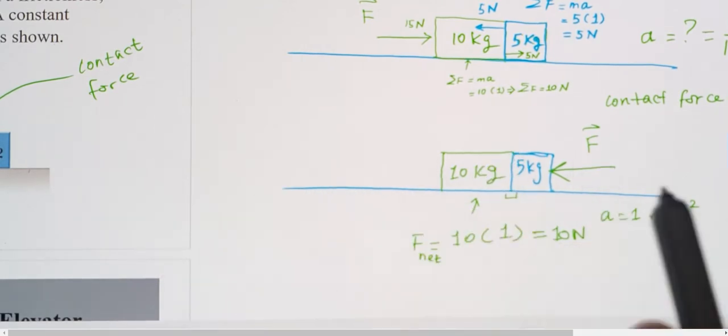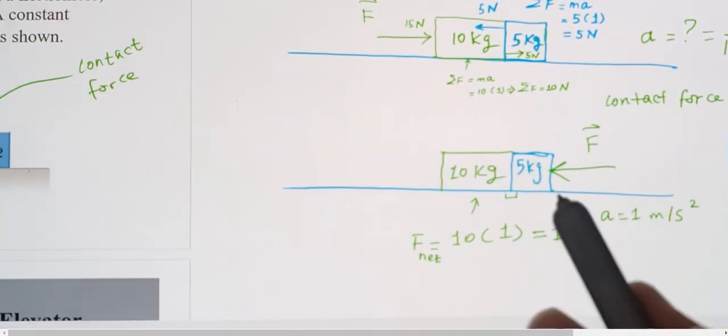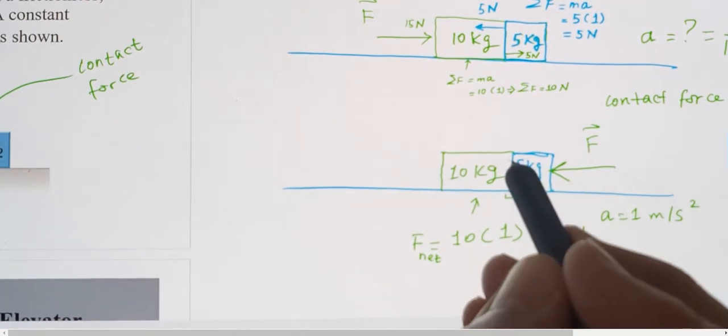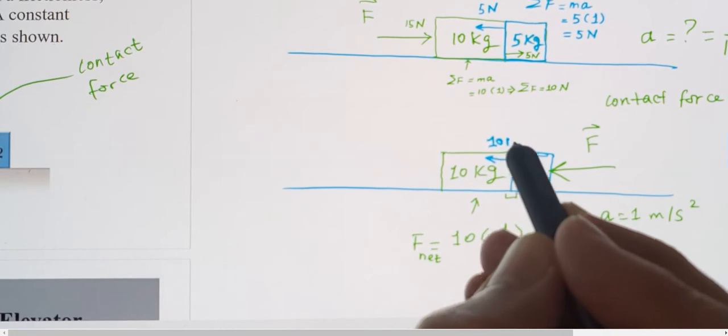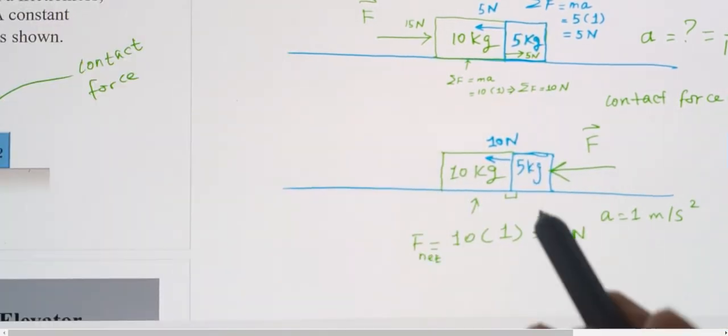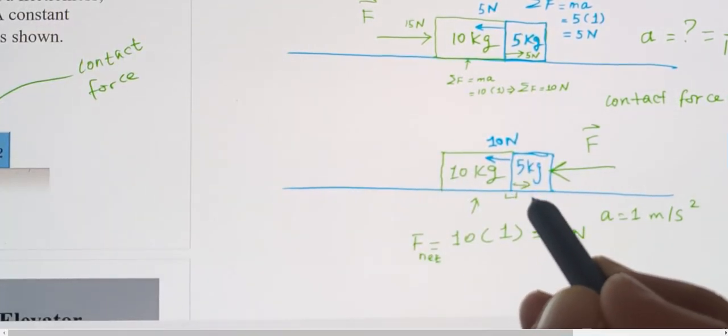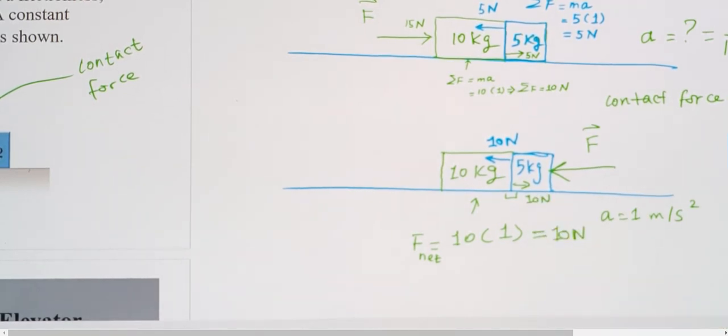So that means that this mass received 10 Newton, and then it has to return 10 Newton. So the contact force in this situation